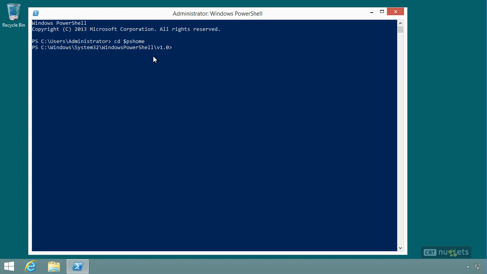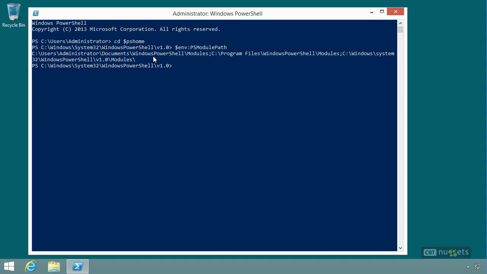PowerShell keeps all of its modules in a special set of folders. You can actually find that path or all of the legal paths by looking at the PSModulePath environment variable. You can add to this. So you can set up your own modules folder somewhere. Now, for the purposes of desired state configuration,